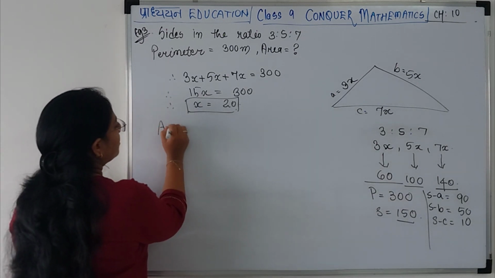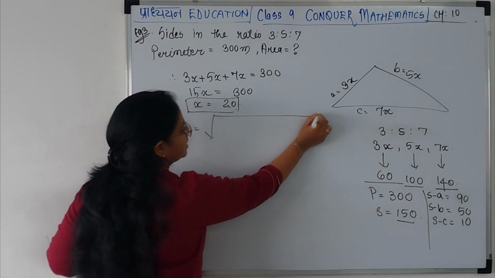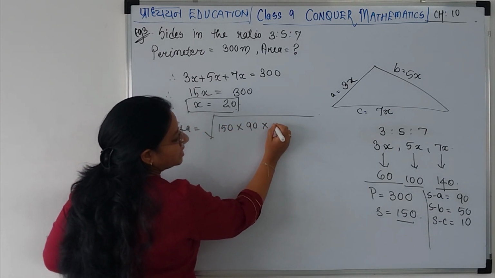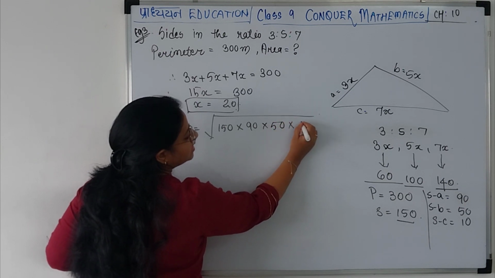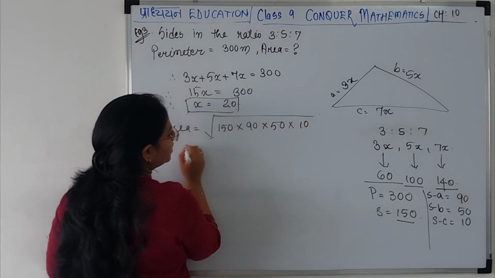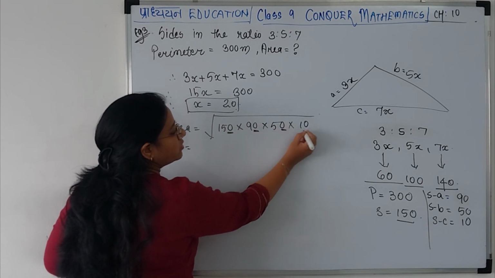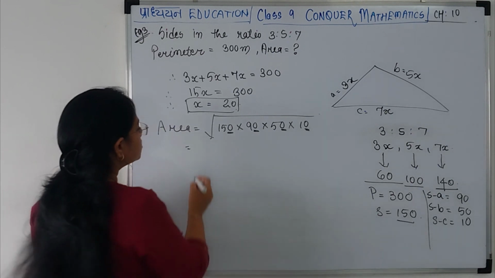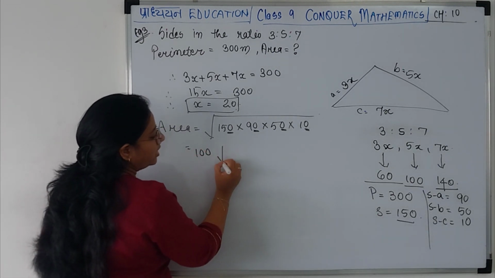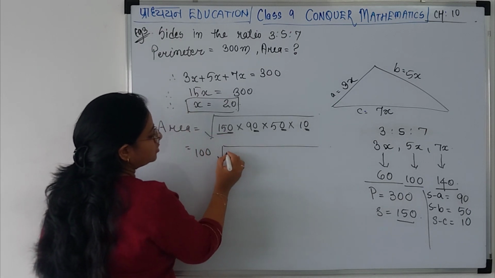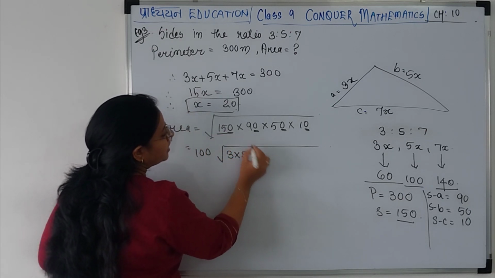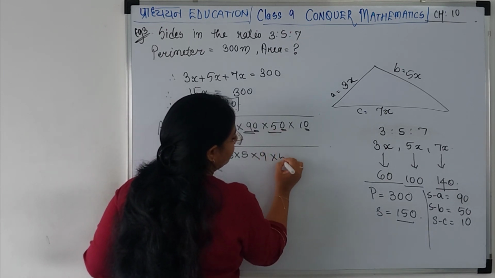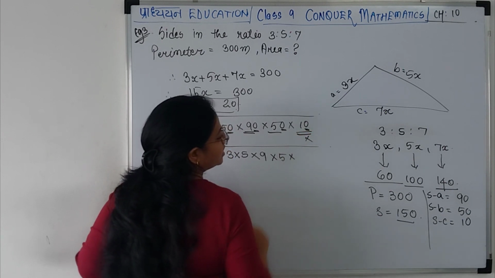So area can be found out using the formula, root of s into s minus a into s minus b into s minus c. Now what I usually prefer here is, if there are 4 zeros, you can easily take 2 zeros outside, that is 100 outside. So I am taking 100 already outside. Okay. Now what we are left with is 15. So you can write 15 as 3 into 5. You can write 9 as 3 square or keep it as it is. This is 5 and this is nothing. You are left with nothing here, 1 only.